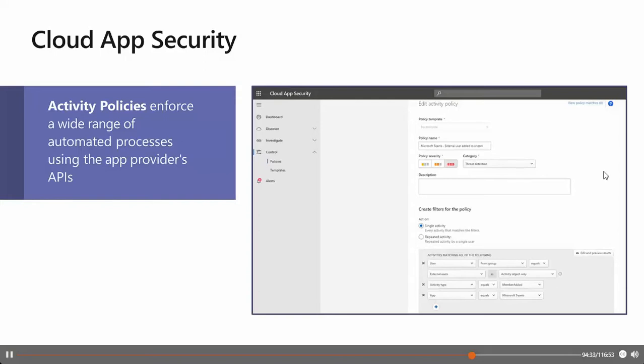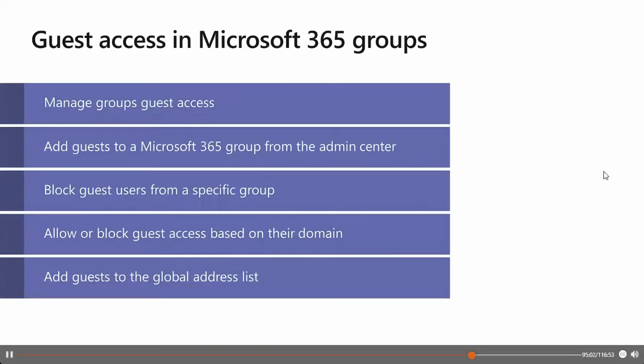In the following, you see an example scenario for how you can use activity policies in Cloud App Security to monitor Teams activities. Like to say, okay, I have specific filters, specific users that are affected, external users, the specific application, and you have a broad range of functionality in it. In the next section, we will discuss the configuration and management of the guest access, which I already provided an example of in day 1.